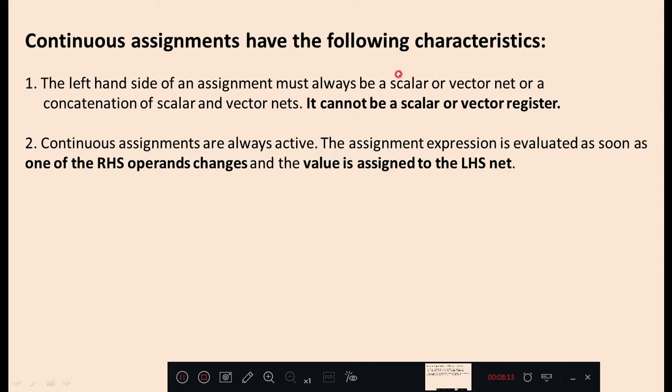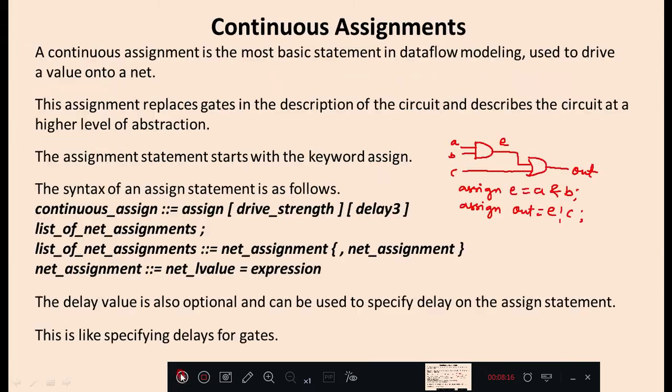This means that if you observe this circuit, A, B, C you are defining as input ports, out you are defining as an output port which acts as a net or wire, E you are defining as wire which acts as a net. So when you are assigning on the left hand side of the expression, it should always be net type.